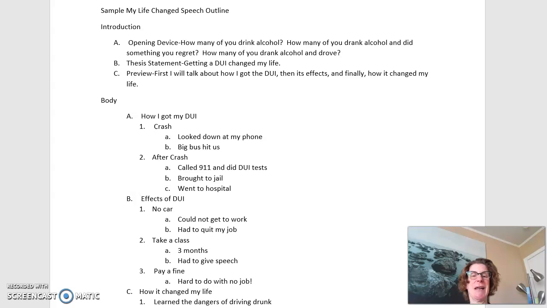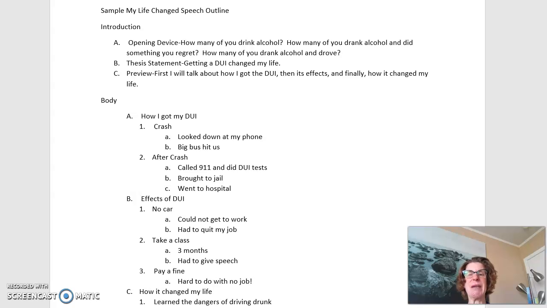phrase outline. And that's first of all because this is a speech about something that changed your life. So you should be able to trust yourself enough to know not to read the whole thing. And when you scroll down later, after you get out of this outline sample, to look at my rubric, you'll see that I'm really just looking to make sure that you follow this basic format and include the components for